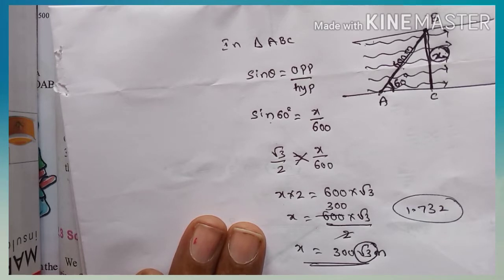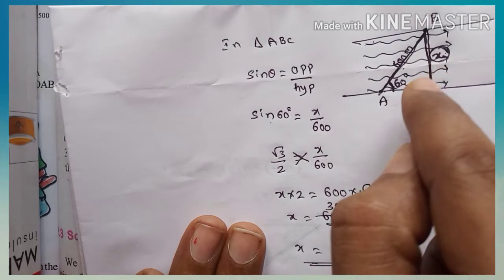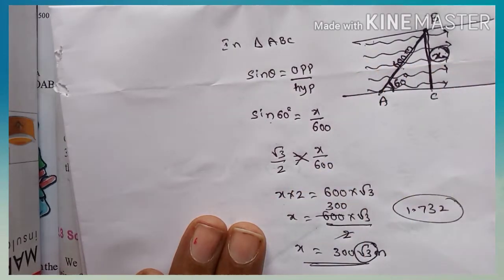Well, do you understand this? Here it is making an angle of 60 due to the flow of water. That's why the boat will bend to the right side, because the flow of water is directed to the right side. If the flow is to the left side, it will bend to the left side at 60 degrees. Is it clear? Well, next problem.